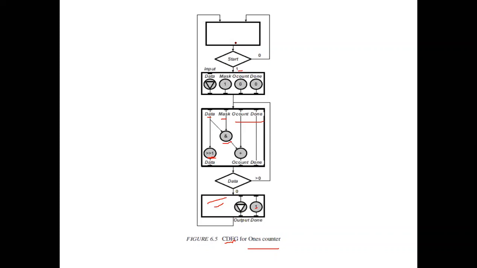This is another way of representation. Control data flow graph. Okay. So here the basic advantage is we can have the control signal also represented over here, and we can have a clear idea of what are the control signals and also the data signals. Here this is a control signal and this is a control signal. So based on the control signals, this will work. We can get an idea.